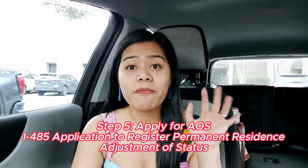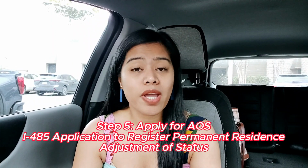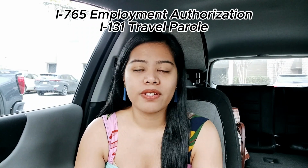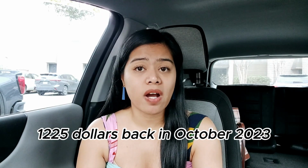So step 5 is to apply for adjustment of status together with your employment authorization and travel parole. So yung application fee po was $1,225 back then nung nag-apply ako September of 2023. But I think